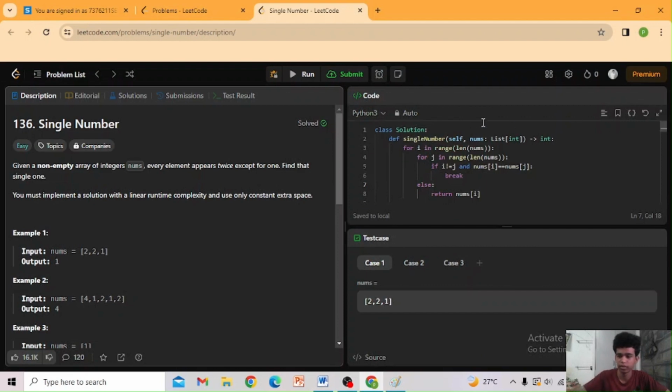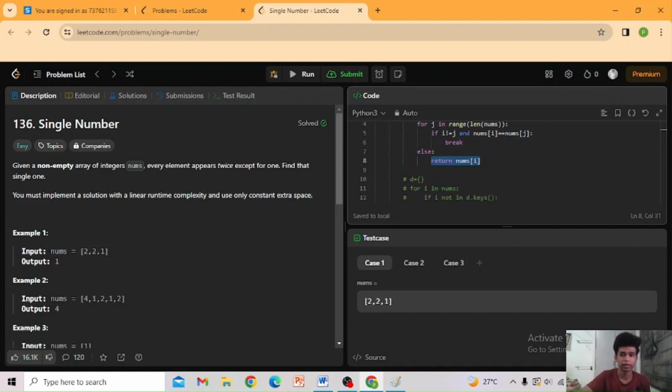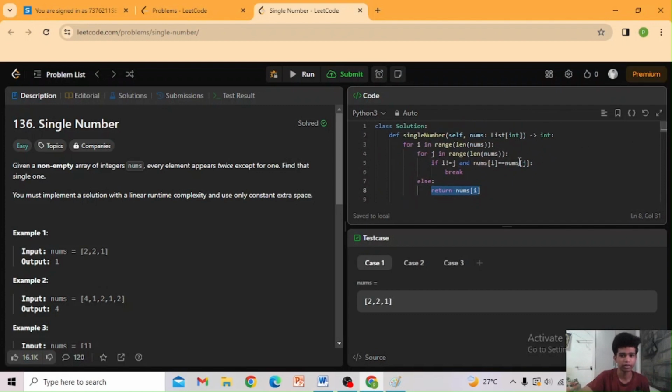Just see here. This is the code: for i in range of len of nums, for j in range of len of nums, if i is not equal to j and nums of i is equal to nums of j, I just break. The else is for this inner for loop. If this for loop runs successfully without breaking, then this else part will be executed. In this else part, I will return nums of i. Fine. So this is the code. This is the brute force approach. Now,